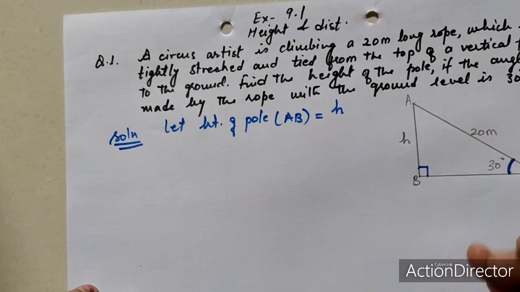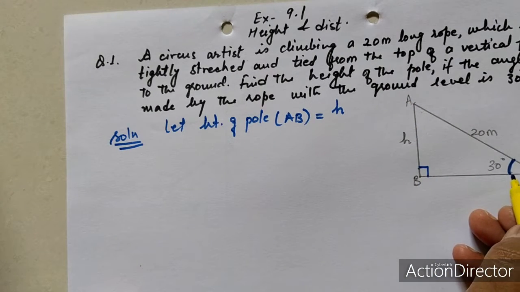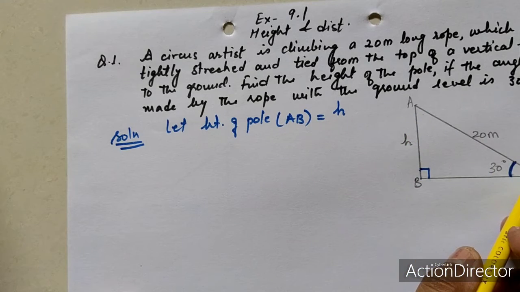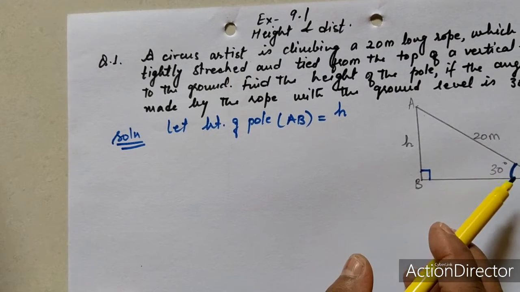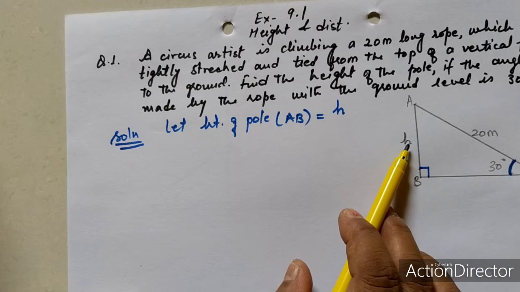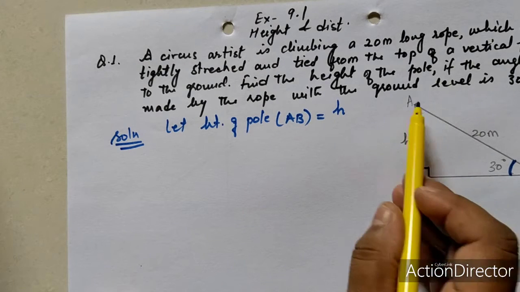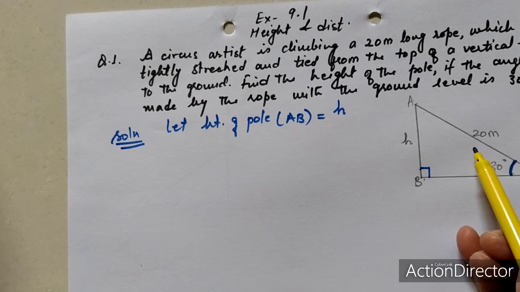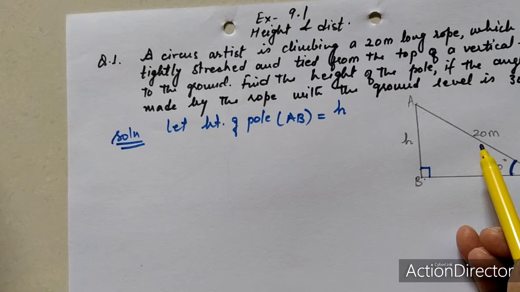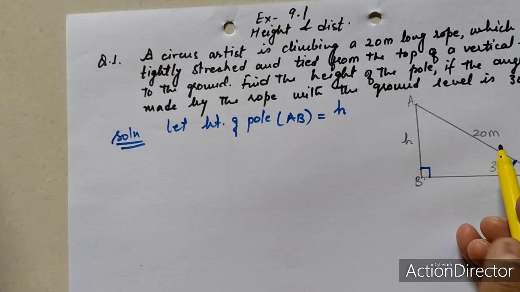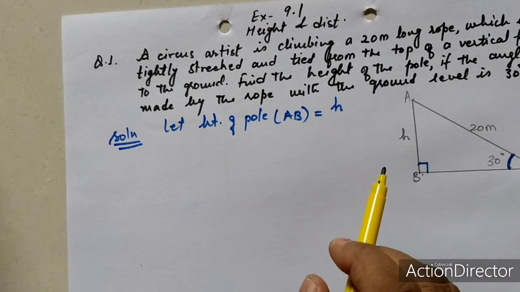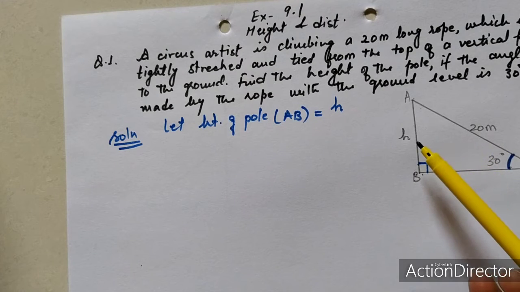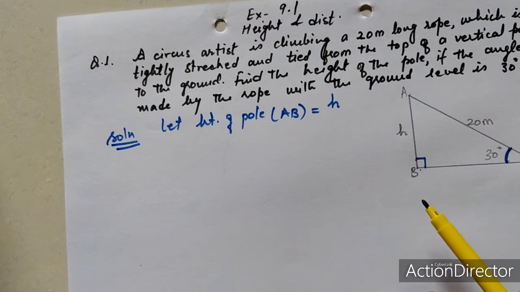So in this triangle, this angle of elevation is given to you. This hypotenuse according to the right angle triangle is given to you. Just the side opposite to this angle is unknown. So this one is the opposite side, this one is the hypotenuse, or we can say perpendicular upon hypotenuse. So we are going to use the sine theta trigonometrical ratio, and it is not always necessary to use sine theta because it is the relation between hypotenuse and opposite side. So if you are going to take sine, you can. If you are going to take cosec, you can.